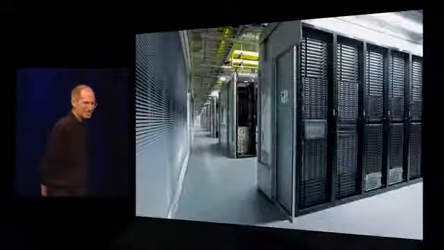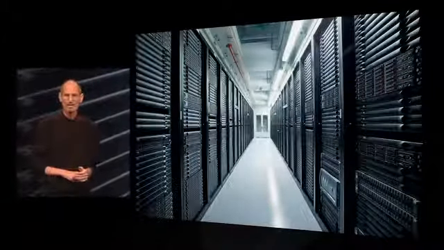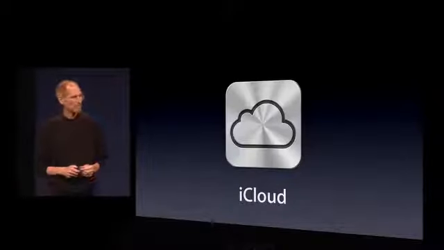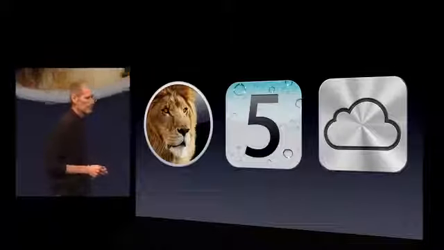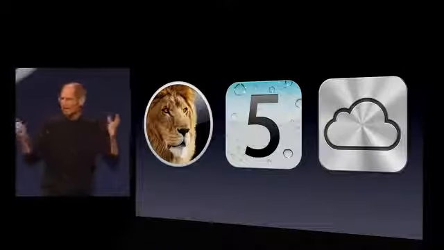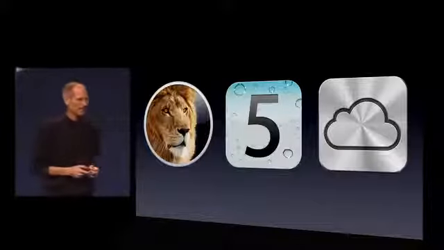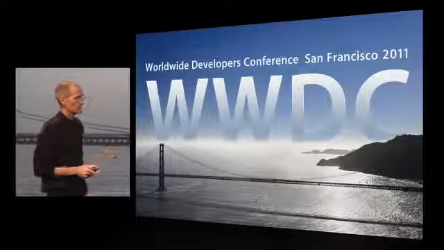And we are ready, we think, for our customers to start using iCloud, and we can't wait to get it in their hands. So iCloud is the third thing we wanted to talk about today. I hope you like all of the three things that we've unveiled this morning. And again, we've got a great week planned for you with